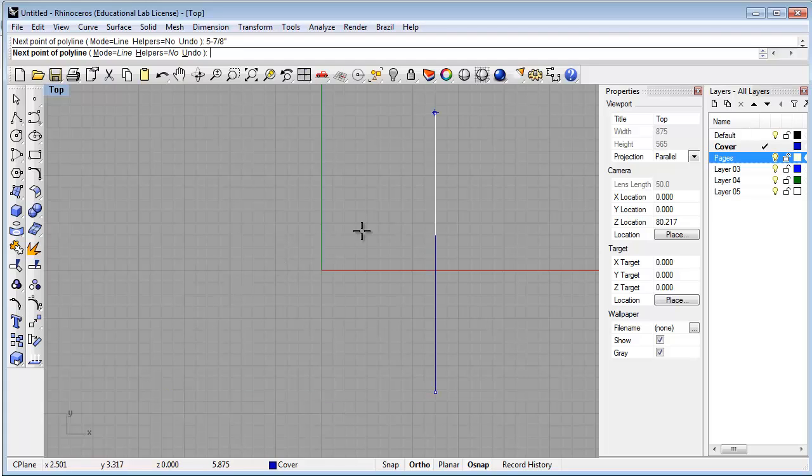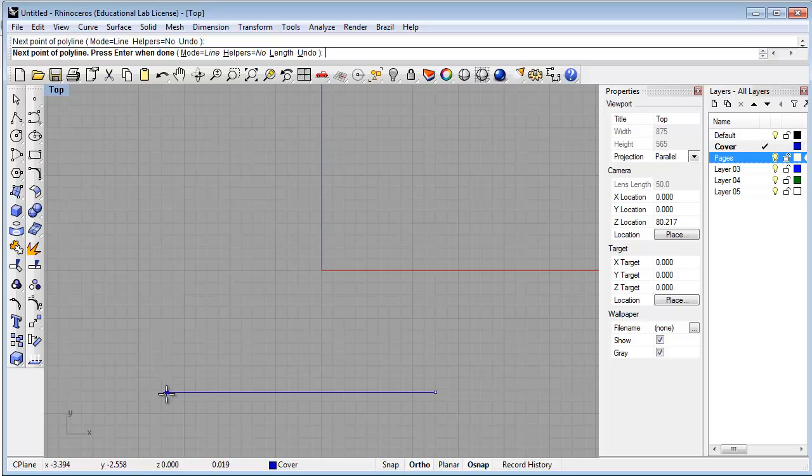And now I can still actually set the direction for that line, but notice that the length is frozen at 5 7/8 inches. So once I type it in, I hit enter, and then I need to click with my mouse in the direction to set the direction. So I click anywhere in that direction, and now I'm ready to make the next segment of my line. The spine of the book